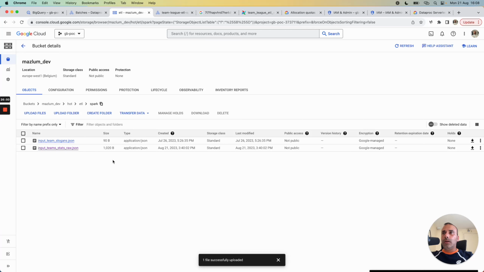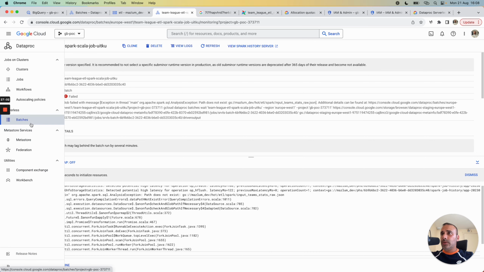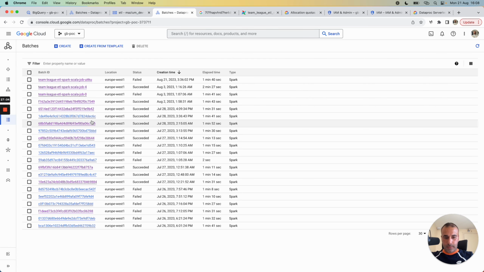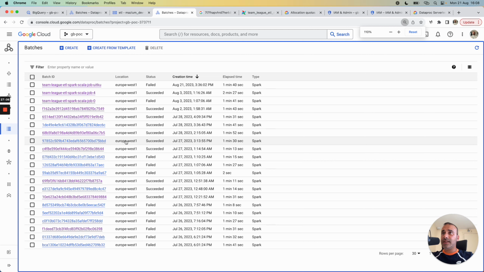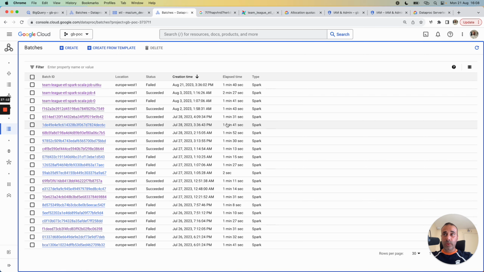The input file is put in this bucket here, Maslum Dev hot ETL Spark. We also have this menu in Dataproc Serverless, and in the batches menu here, we can access all the Dataproc Serverless jobs.